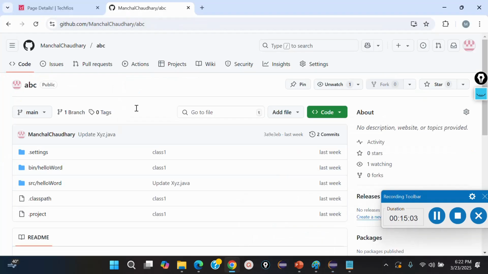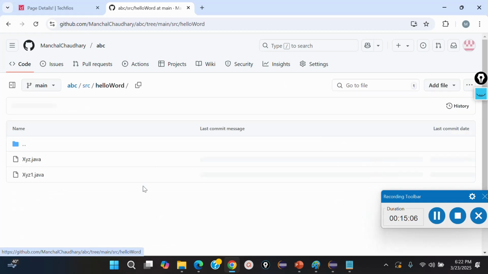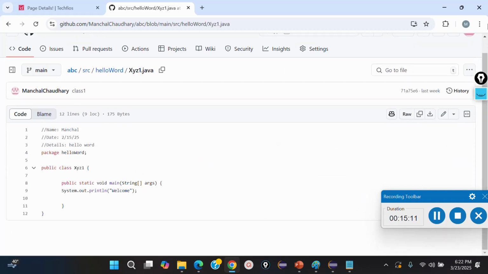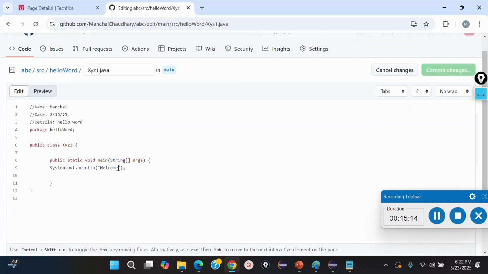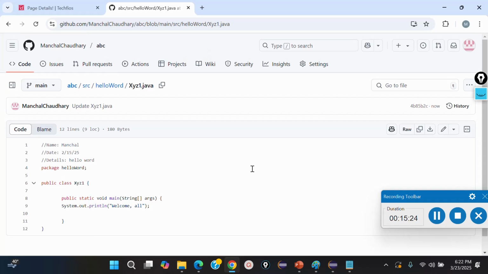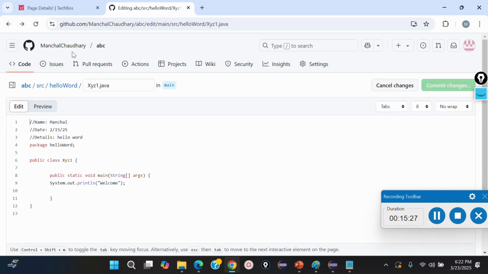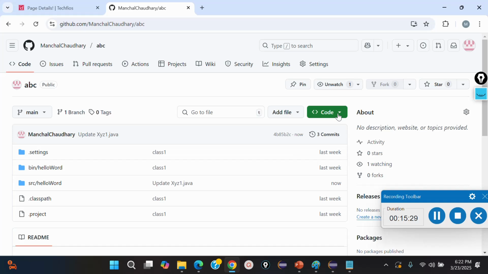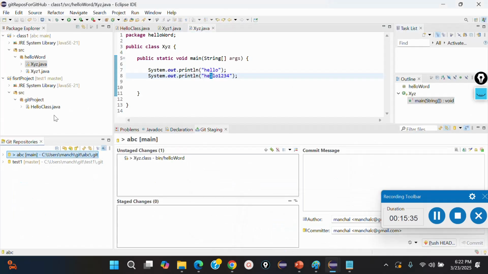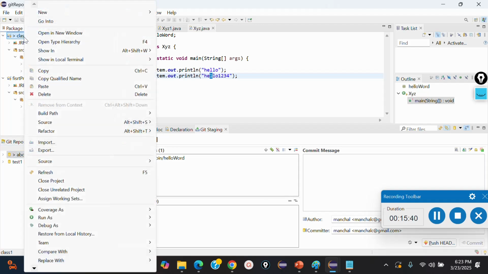I will go to my GitHub and go to source here and go to this XYZ1, and here is welcome, right? And let's say I want to edit it by adding a comma and I want to write hello all, and commit the changes. Once the changes have been committed, I'll go back to my ABC and copy the code, go back to your Git, to your Eclipse, and then because this is the project